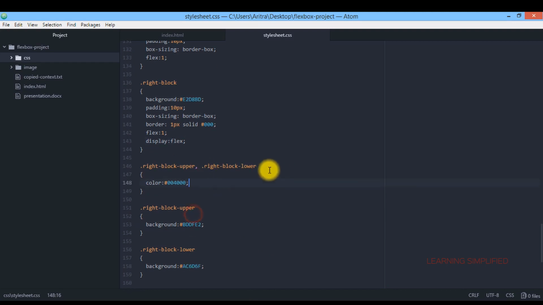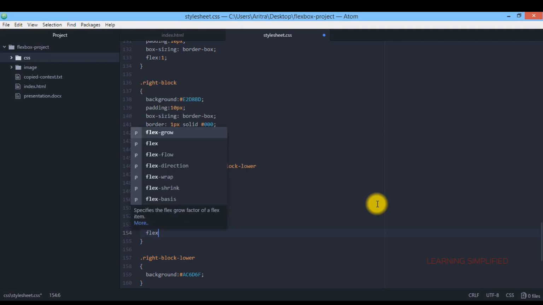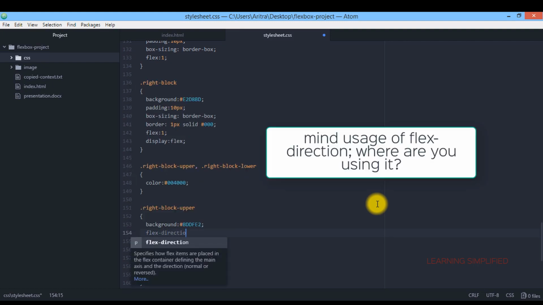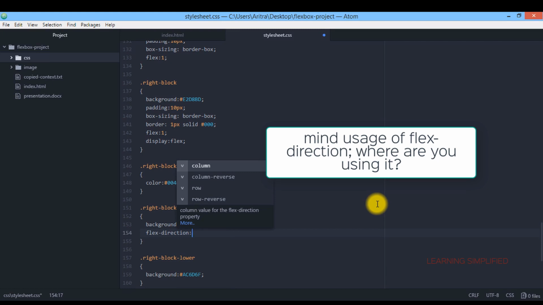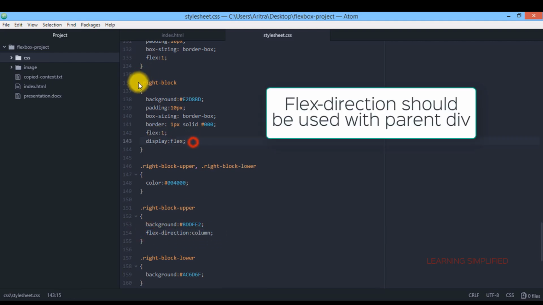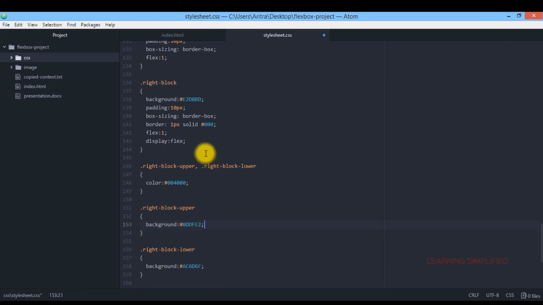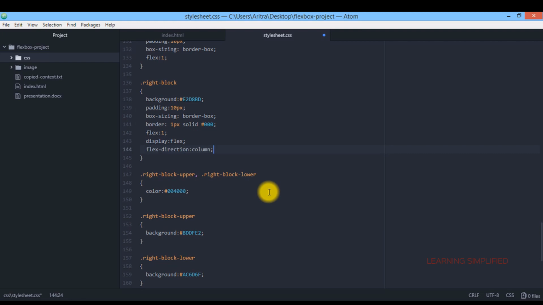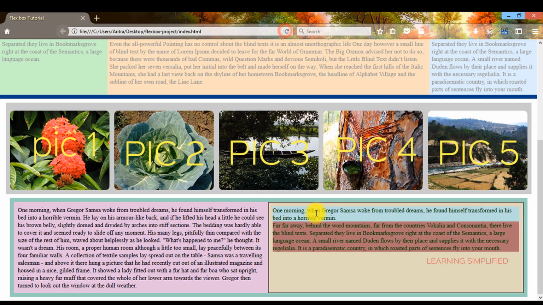So that is why right into this condition that enables the flex direction in this particular case. So I am placing this flex direction, but wait a second. What we are doing, we want this to appear inside this parent div, not inside the child divs. So that is why we need to press Ctrl X, and we will be placing it inside this parent div right block. Just get back to your project and reload, and now you can see that both of them are